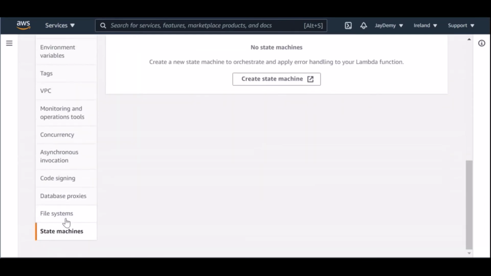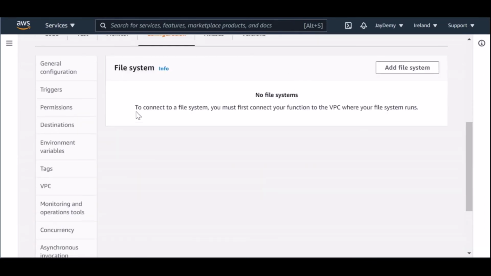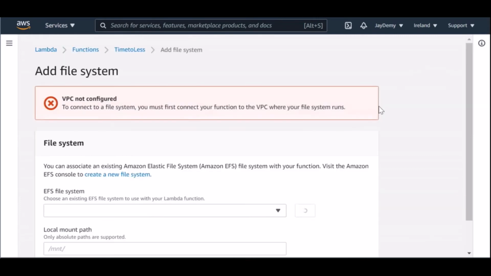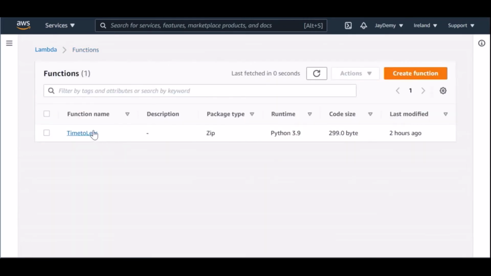You can see the file systems here. No file system is configured as of now, and VPC is not configured because EFS will use a subnet in one availability zone. That's why it says you have not configured any VPC for this.